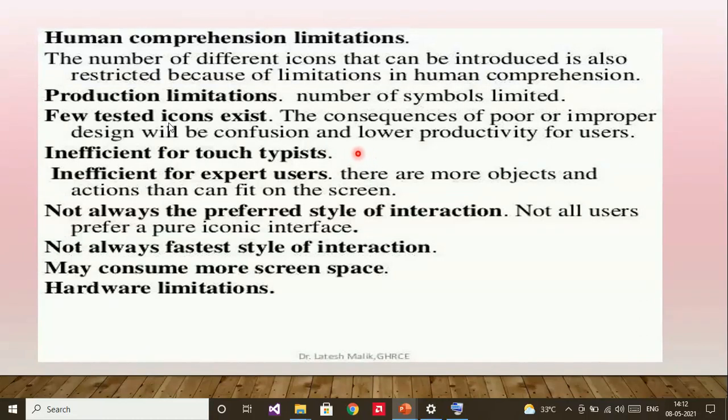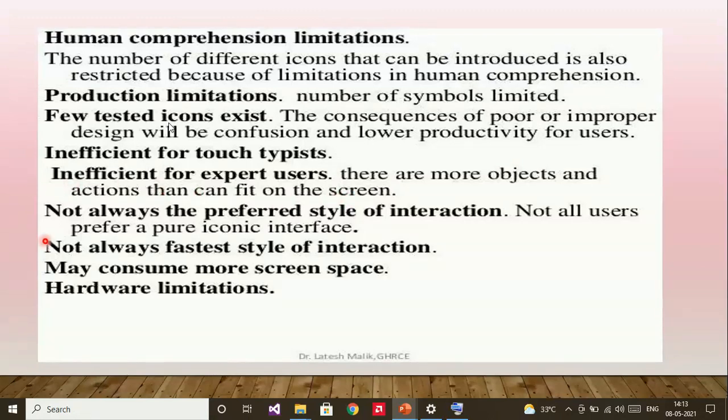And also the next point is inefficiency for expert users. Inefficiencies develop when there are a lot of objects and actions that can fit on the screen. Concatenation for a command language is impossible.